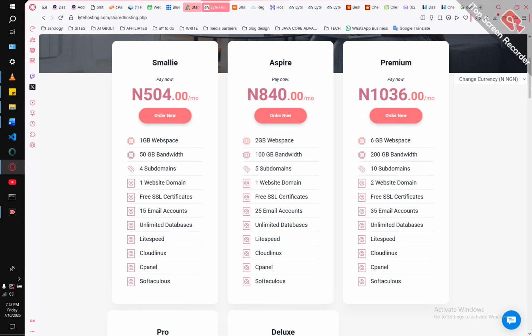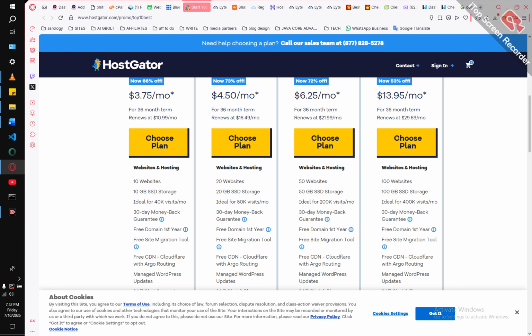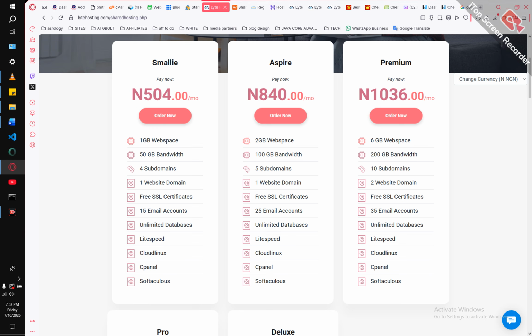Now, but if it is regulated by guests or by number of visits, if a user clicks on one page, it counts as a visit. So if another user clicks on another page, it counts as a visit. So if you have 40,000 visitors in one day, that means by the next day of the month, your site is unavailable. Now the difference has to do with your page size, because with this one